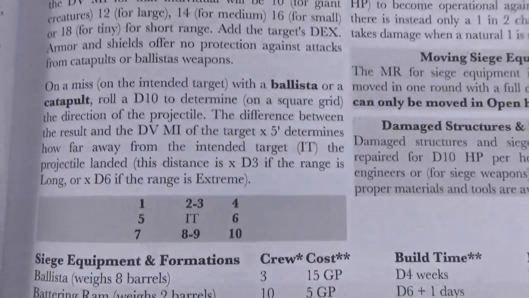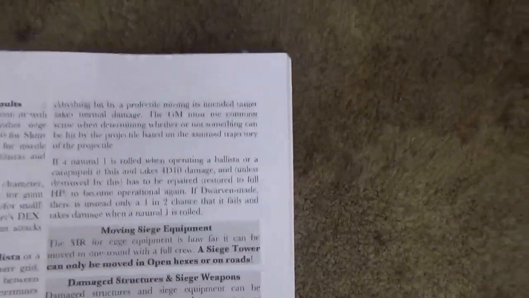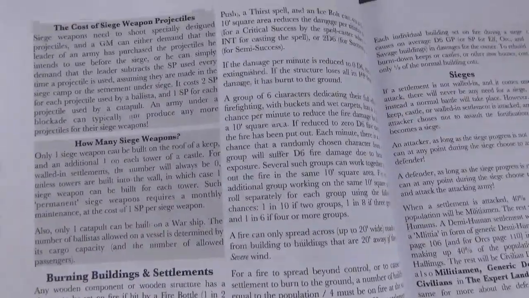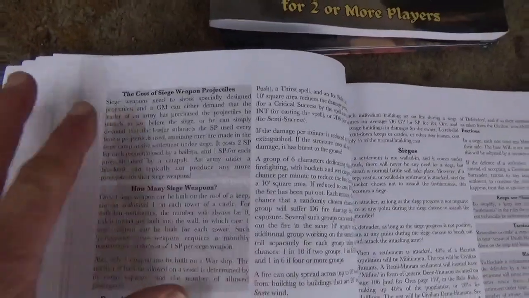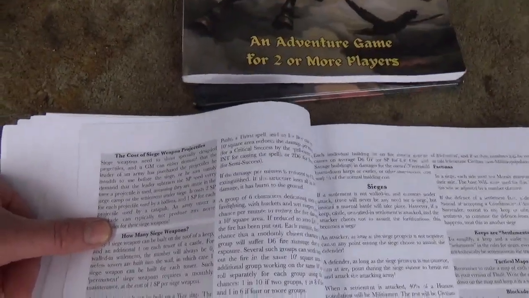Rules for, if you miss the target, by how much do you miss? Moving equipment, and so forth. Cost for projectiles, how many siege weapons you can have. In each, for example, you can have, here it says 1, but this is the proof copy. You can have 4 siege weapons on the roof of a keep and 1 in each tower of a castle,